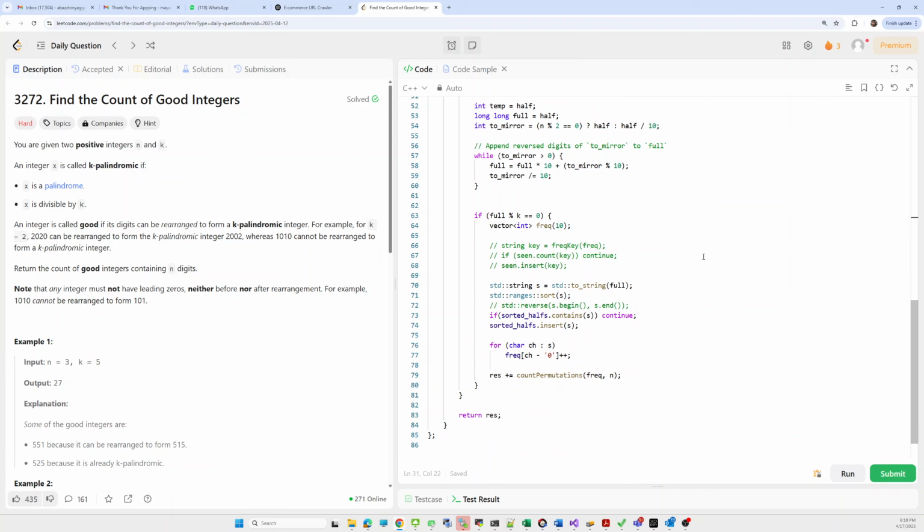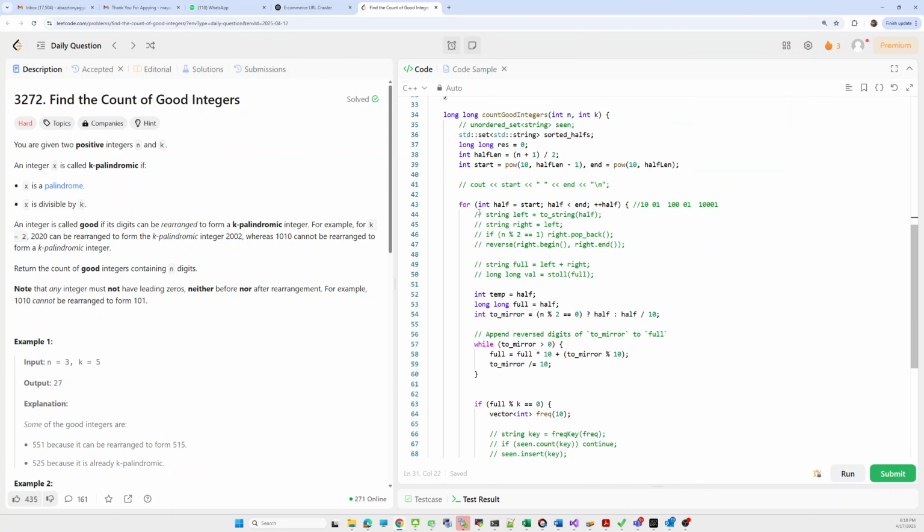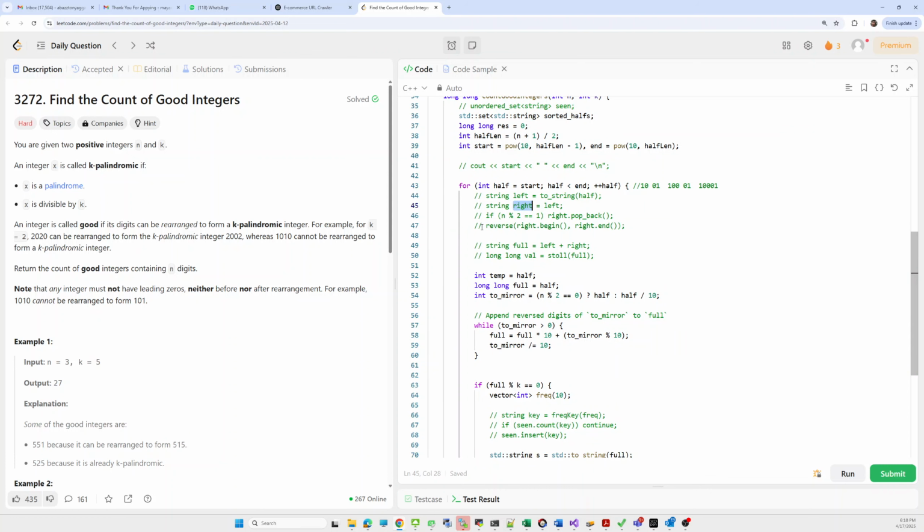But what I observed is that I use the string part here. First I convert the integer into a string, then I create one more string using that string, and after that I reverse that string. So it took multiple operations.